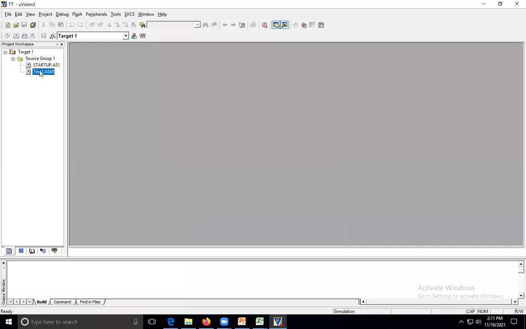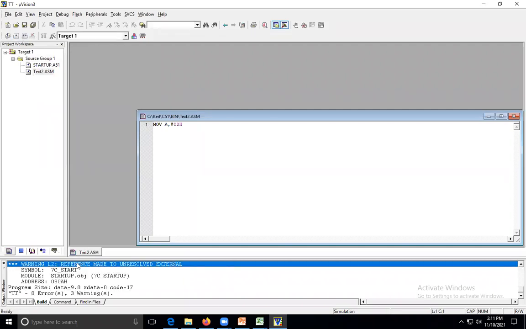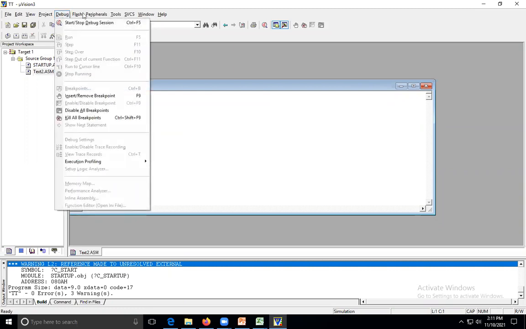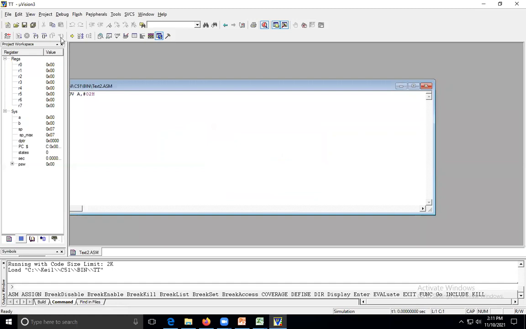Build the program. The problem is that there is a reference made to an unresolved external. The problem is created. But now I am doing debug, stop debug, okay, then